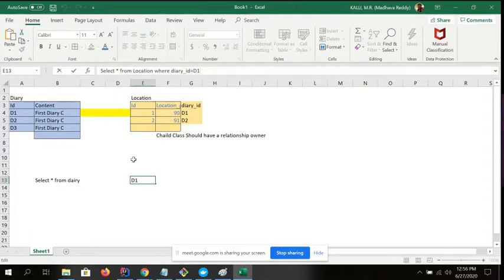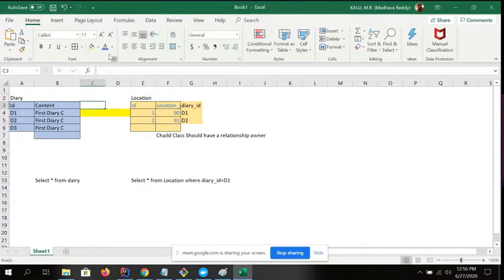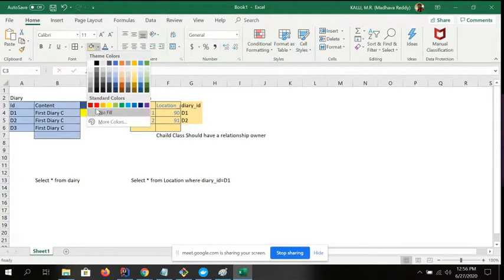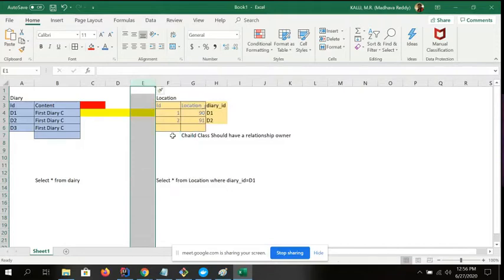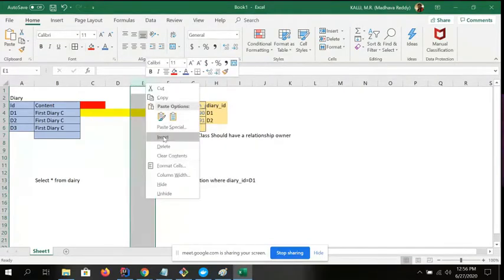And if you have multiple tables, okay, diary, location is there, address is there, and some events were there, and so many relationships were there. If you keep on adding, suppose you make this the owner, for example, I will make it a red color. If it is the red owner, this is table one, and we already decided we don't have any relationship over here, correct, right?